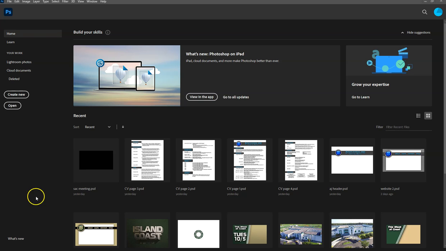Hello everyone, in this video I will show you how to create a new file in Photoshop. First things first, when you first open Photoshop, the first thing you will see is a recent files list, which